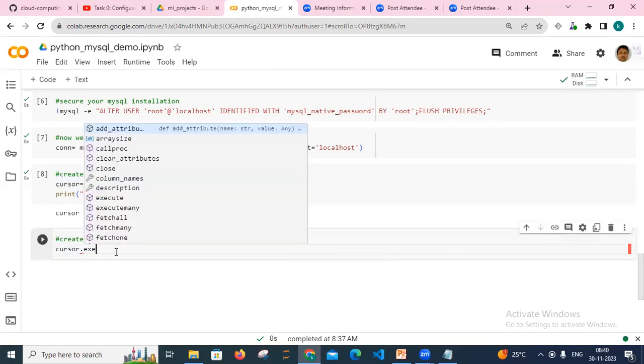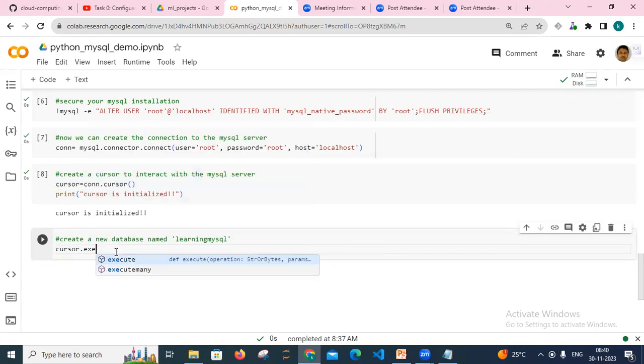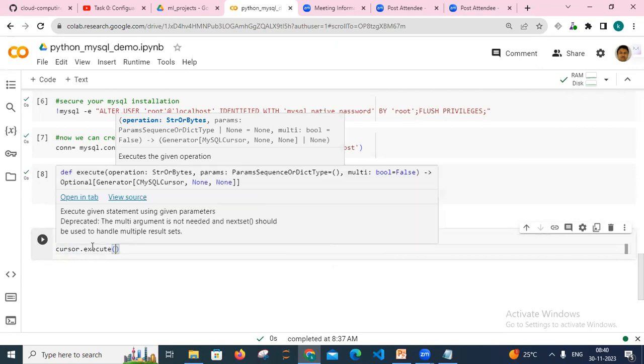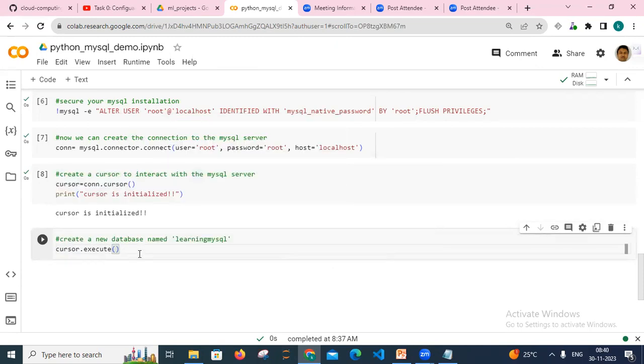First, execute. You can write execute. So you can see the default command is there, and you have to execute this. To execute that, you have to write the MySQL command. The command is the same. There is no difference here. But how we can establish this connectivity, that we can see. So you can write